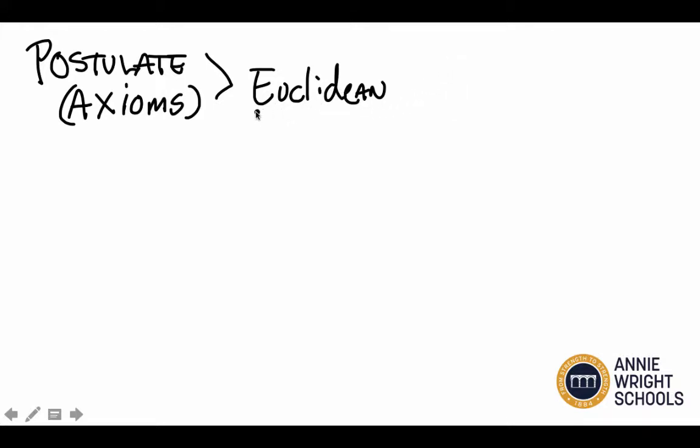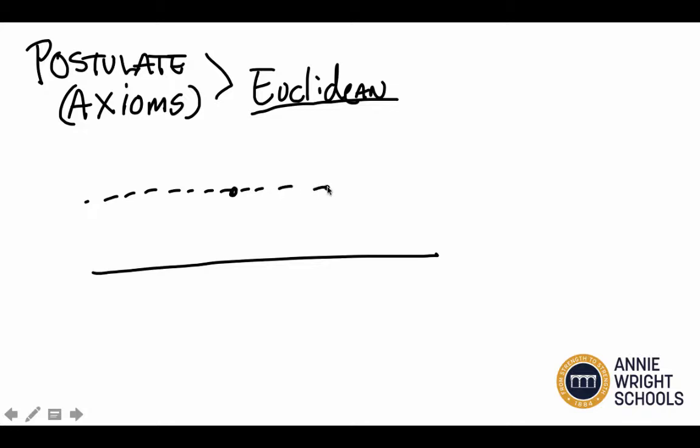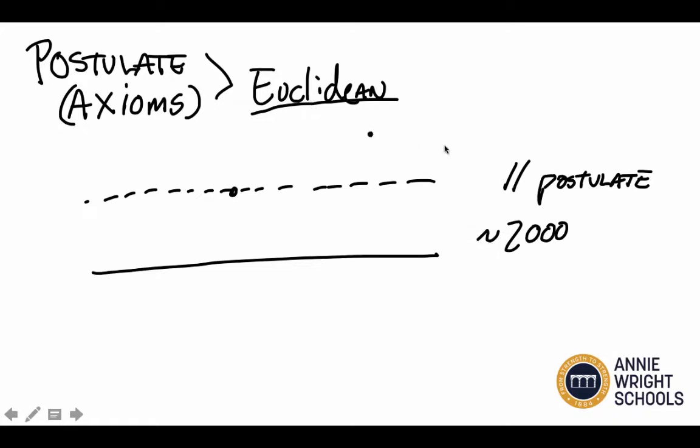So the geometry we study is called Euclidean geometry, and it is built on a postulate that says if you have a line and a point not on that line, there's exactly one line through that point that's parallel to the given line. That's called the parallel postulate. Postulate because it cannot be proven to be true. Human beings tried for about 2,000 years before they realized, you know what? Euclid was right. It's a postulate. Not something we call a theorem.